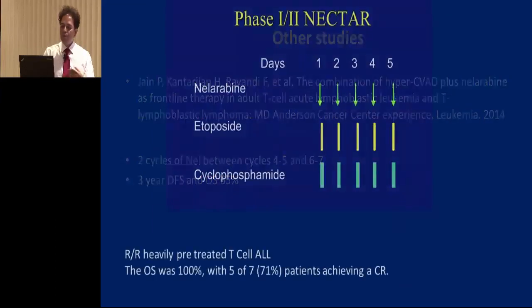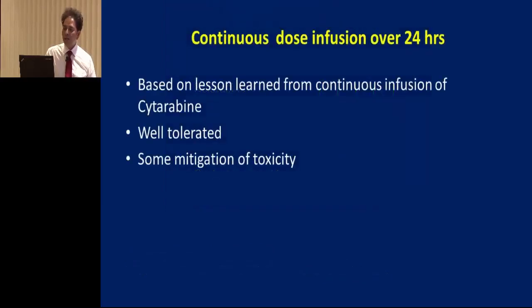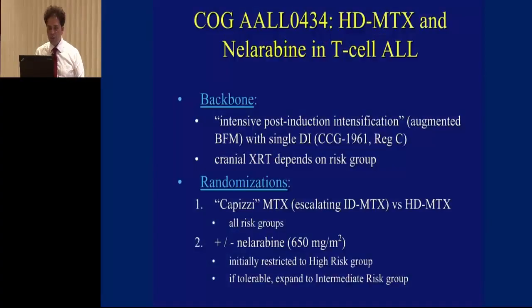Others have looked into combination of Nelarabine with etoposide and cyclophosphamide, very similar to how Clofarabine has been used. And in those patients also, data is out there to show that 71% of patients are achieving CR. Other people have used a continuous dose infusion, again based on cytarabine studies, which is well tolerated, and there is some mitigation of the neurotoxicity that we see. But this is the study, the